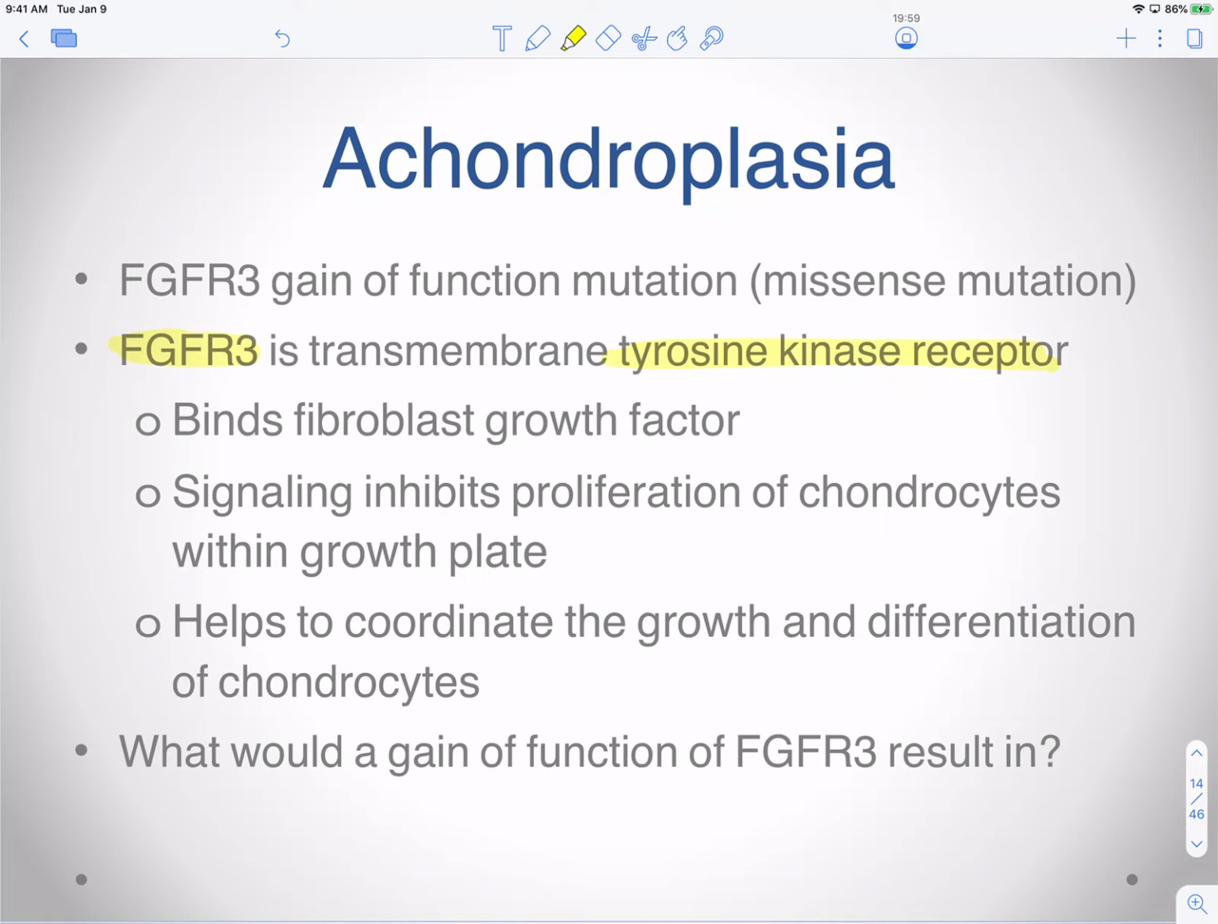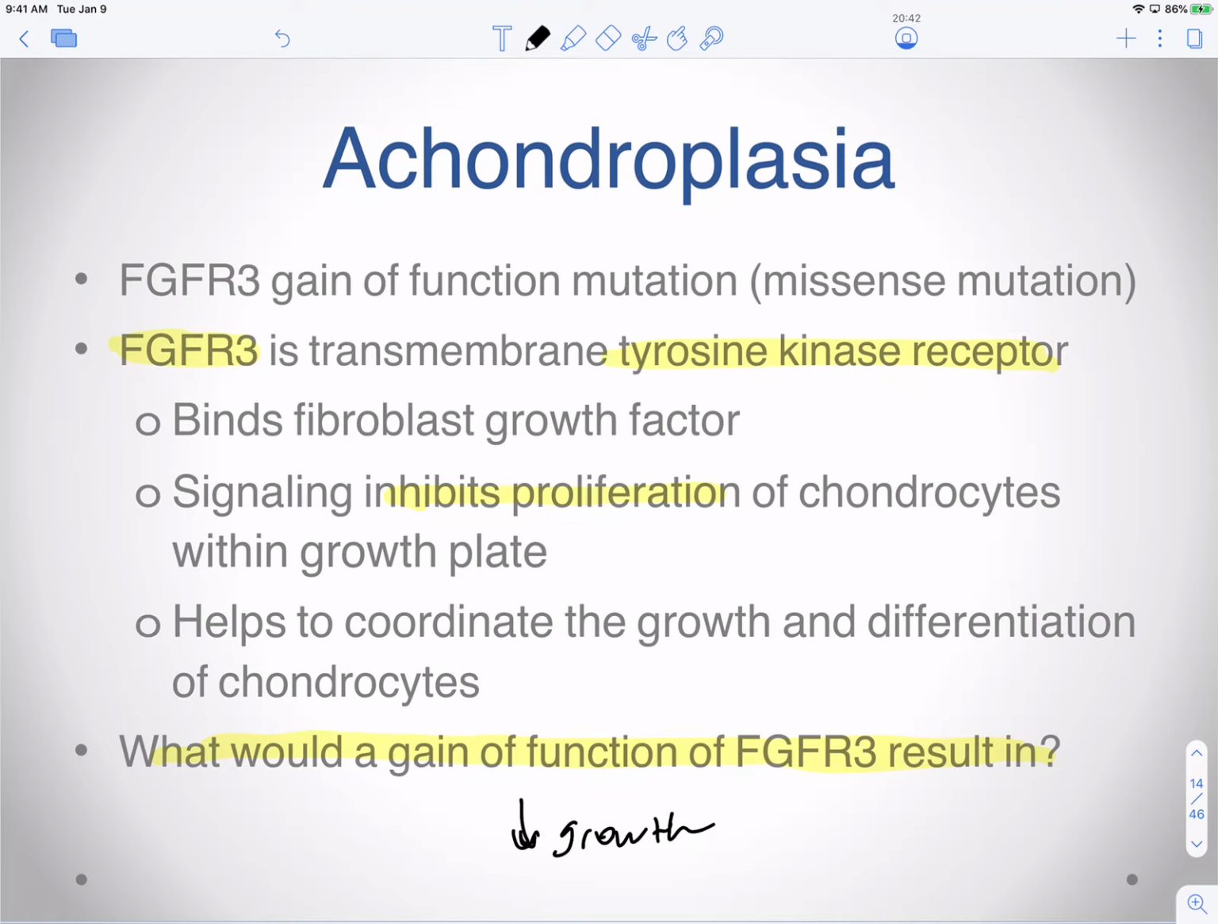It's going to bind fibroblast growth factor, and its signaling is going to inhibit proliferation of chondrocytes within the growth plate. And so FGFR3 is going to help coordinate the growth and differentiation of chondrocytes. Now, you might think that it's binding the growth factor, so it must promote growth, but that's actually the opposite of its function. It's a regulator of growth. And so it's going to inhibit proliferation. So a gain of function of this particular gene would result in a decrease of growth,